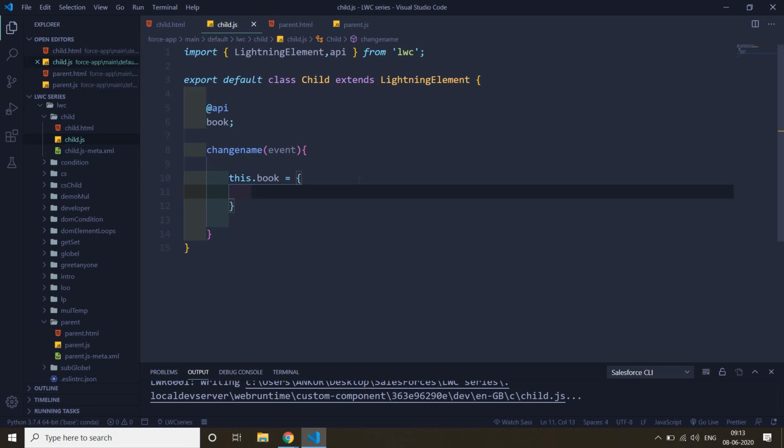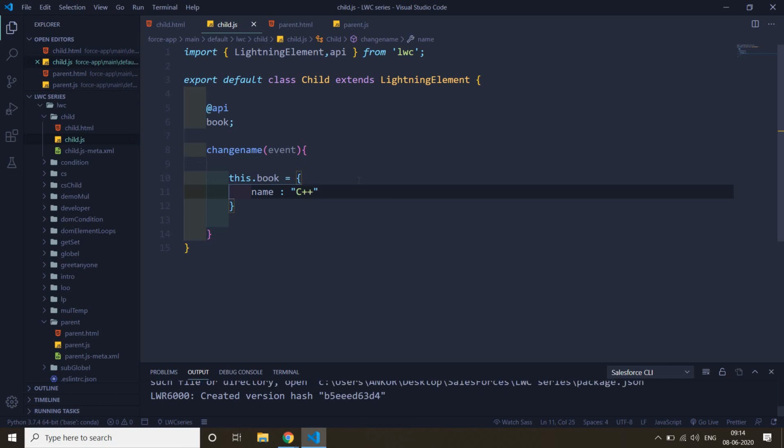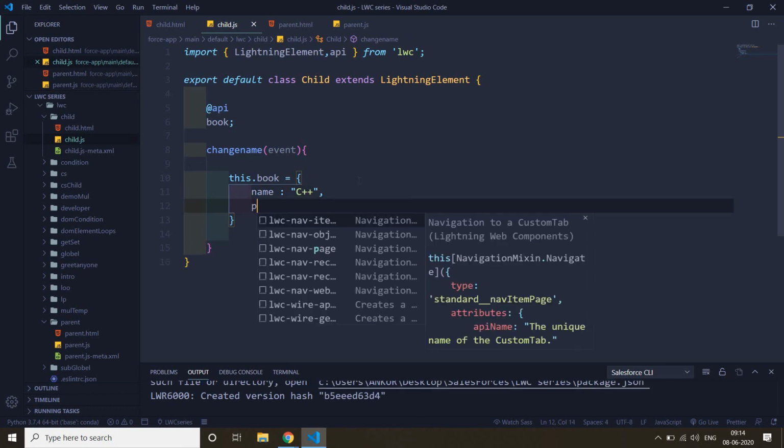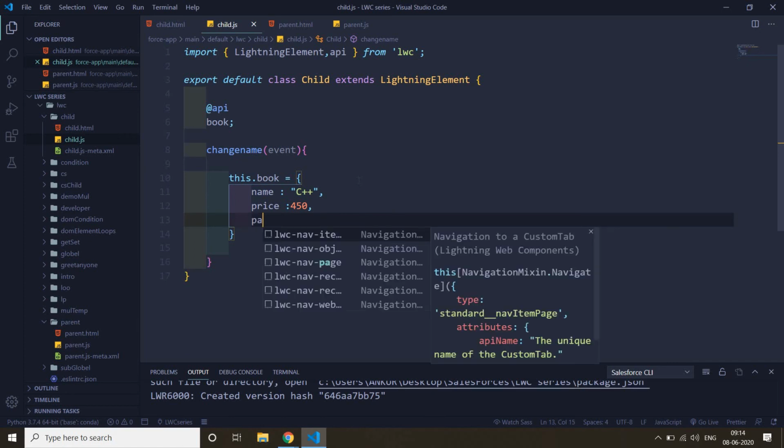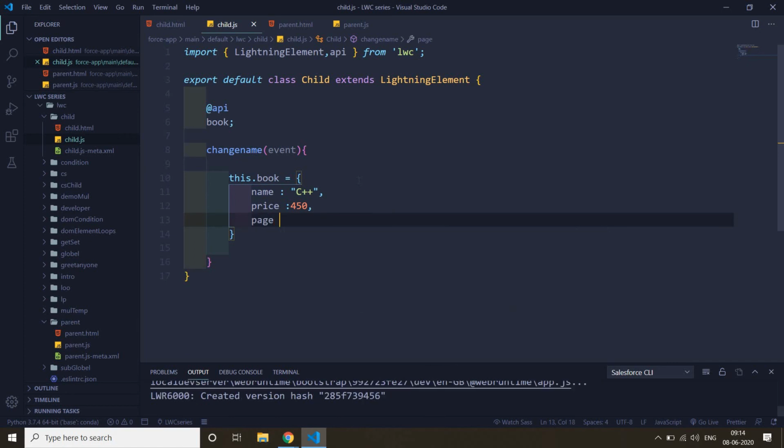It is blank now, and now we can define our properties: name called C++, price is, let's say, 450, and page is 350.